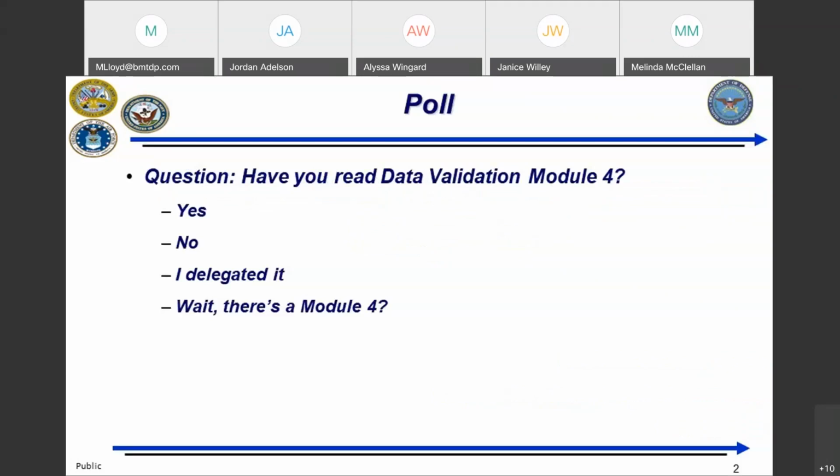Obviously my intent here is just to draw your attention to the fact that we have published module 4 and it is out there for everybody to use. So I'm going to give just another minute or so. Module 4, if you're not aware, is the data validation guidelines for GC data. A lot of what you'll see is similar to what's in GC mass spec, but obviously does not include the mass spec and then includes those things that are specific to GC. I'm going to go ahead and close the poll here.